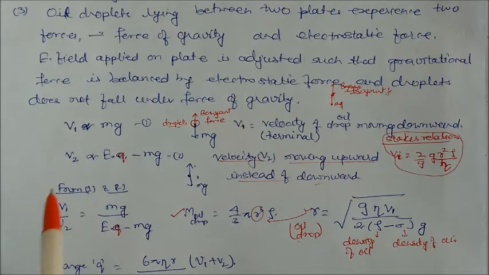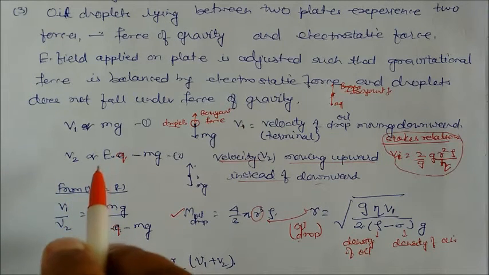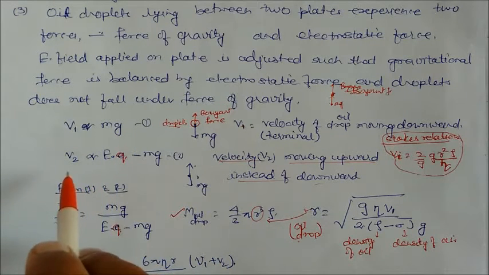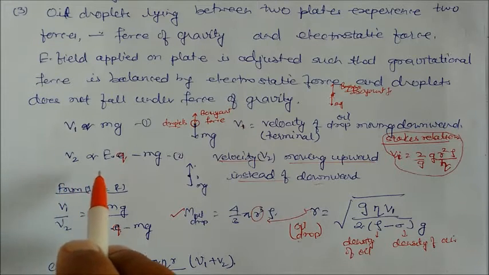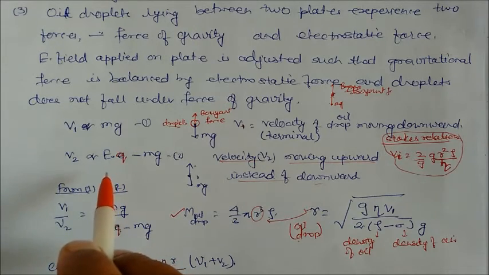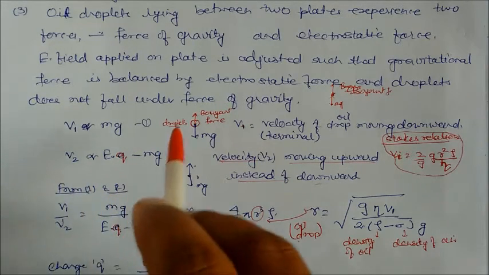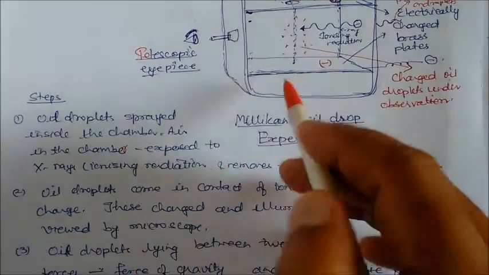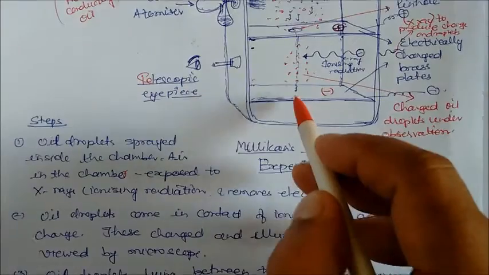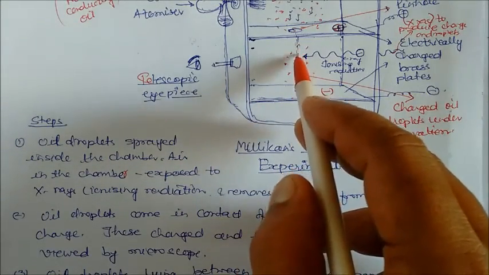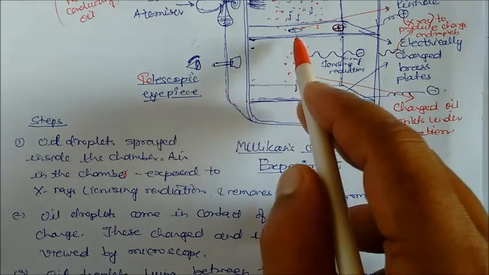Now after passing this plate, this is the negative and positive plate, in between that there was an electric field, but the terminal velocity was constant. So the second velocity was E into Q minus M into G. If the strength was more, then instead of this charge moving downward, it will go upward. Suppose this charge was falling downward here. If you increase the electric field, instead of this terminal velocity where the electron is going downward, it will go upward.